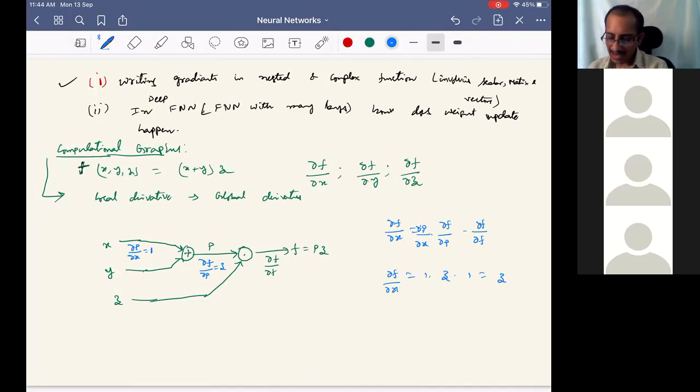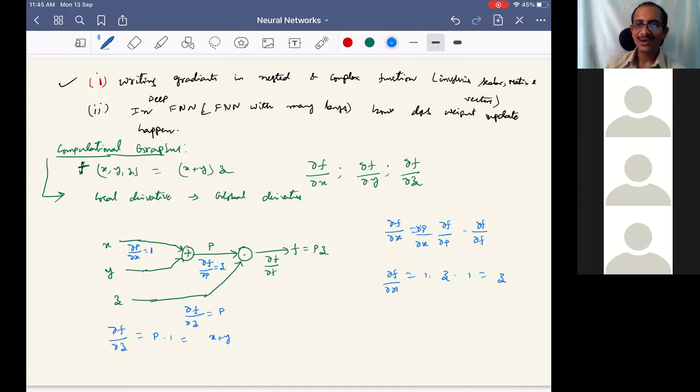So now you can similarly write. Quickly, what I suggest is we write dou f by dou z. If I want to write for this, what is the local derivative? Dou f by dou z is equal to p. So the answer is now p into 1, which you can write explicitly also as x plus 5. Is this fine or not? This is how we write.